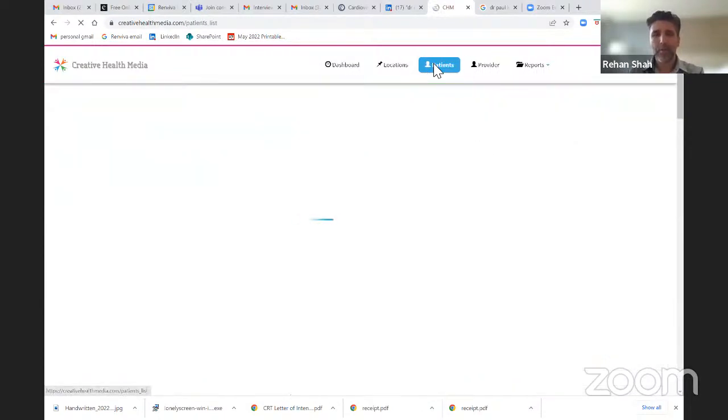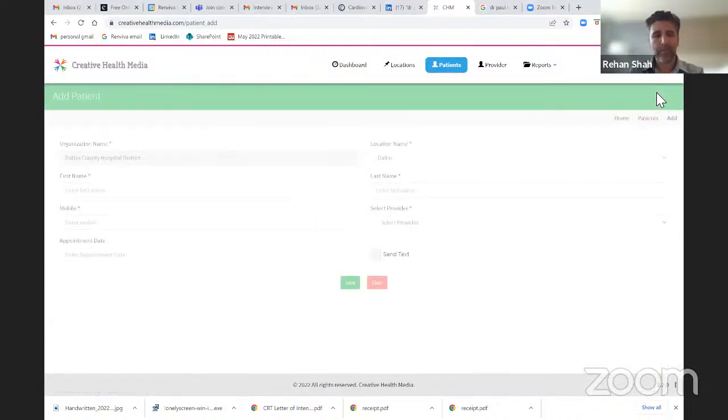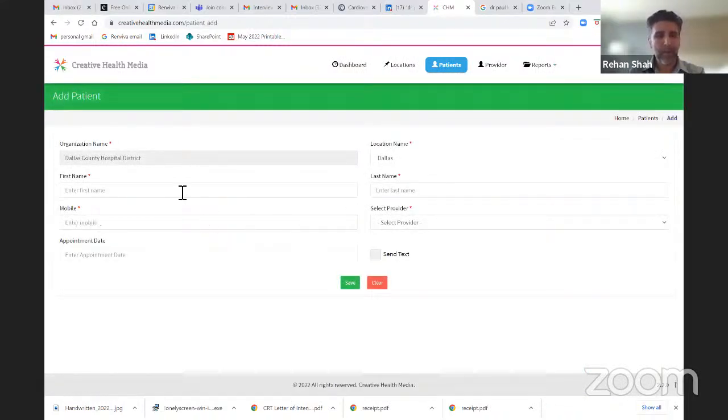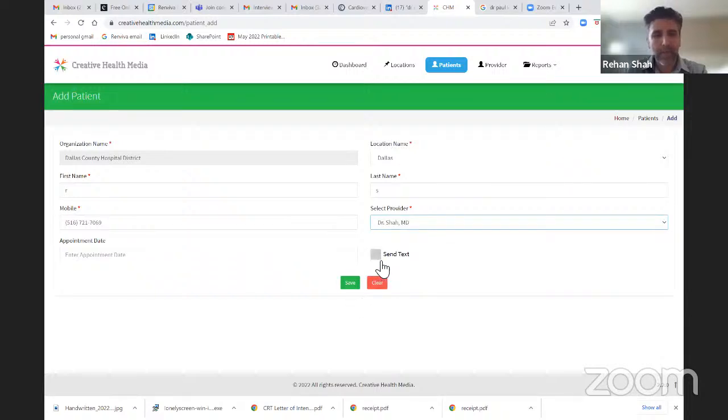So I wanted to show you how to add a patient, and knowing how busy practices are, we wanted to create this to be very user friendly for not just the patient, but also for the provider and for the practice. It should not tie them down or slow them down at all. So we go to patients, we just add a patient. I'll just put my initials here for now. We put the number in, and then we choose who the physician is, and then I say send